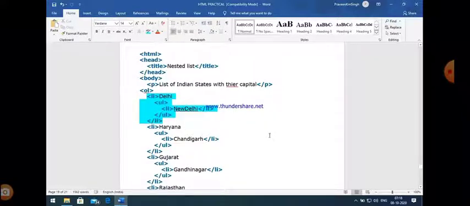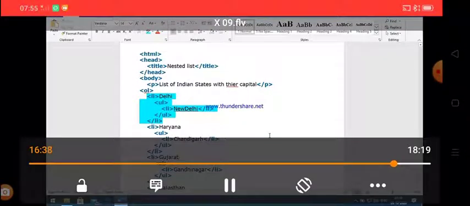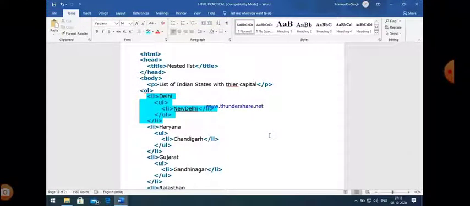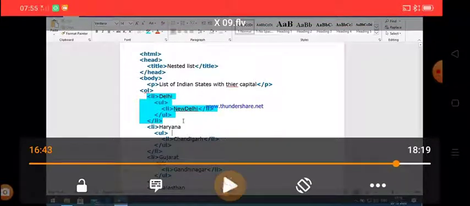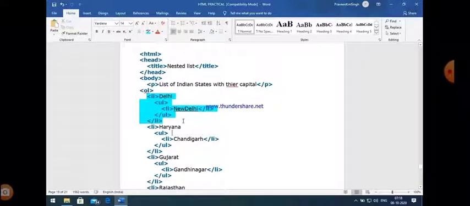In the ordered list, the first item is Delhi, so Delhi is basically a list item, and Delhi itself contains the capital also. So within the Delhi item, we give an unordered list, okay. And you can easily see that UL, and then the LI item represents New Delhi.